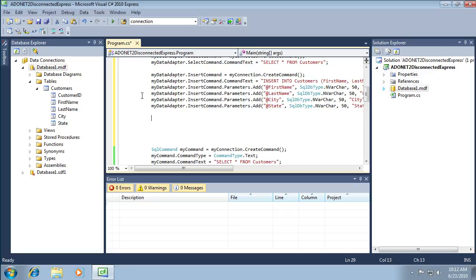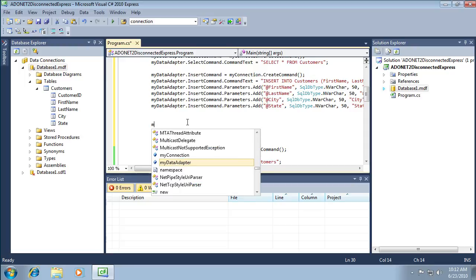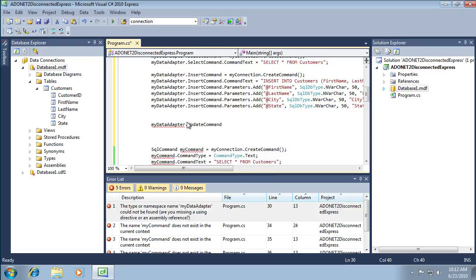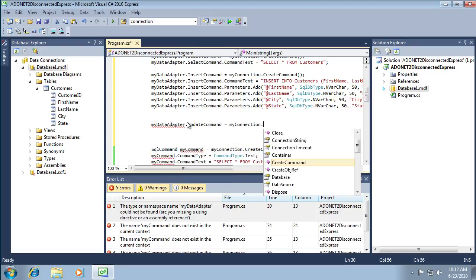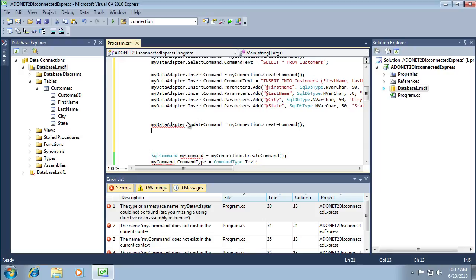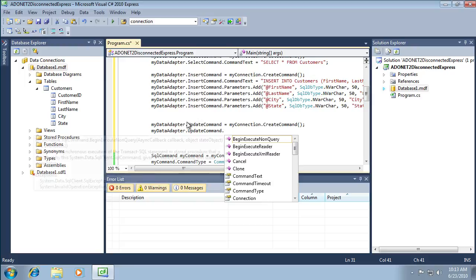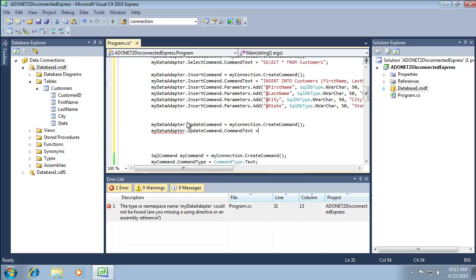I have to do this also now for the update command. The same type of syntax where I'm creating the command, I'm filling it up with a statement, an insert statement, or in this case, an update statement, and then I'm going to give it parameters. This is almost identical, except for the command text. So here again, my adapter update command equals my connection dot create command, my data adapter update command text equals